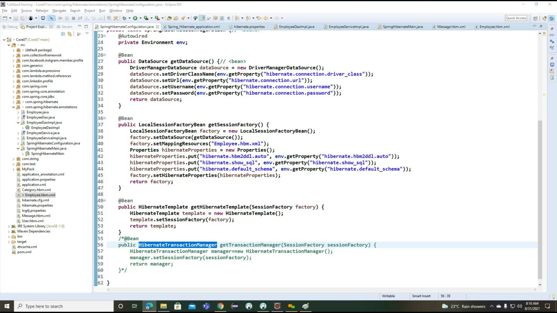To work on this particular transaction manager, now what we can do? We need to define the transaction manager configuration. How we can define the transaction manager configuration here, we'll write with a simple example.